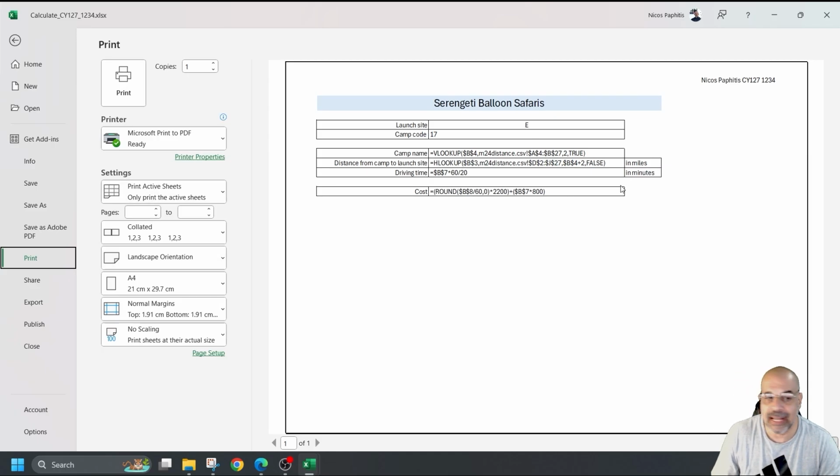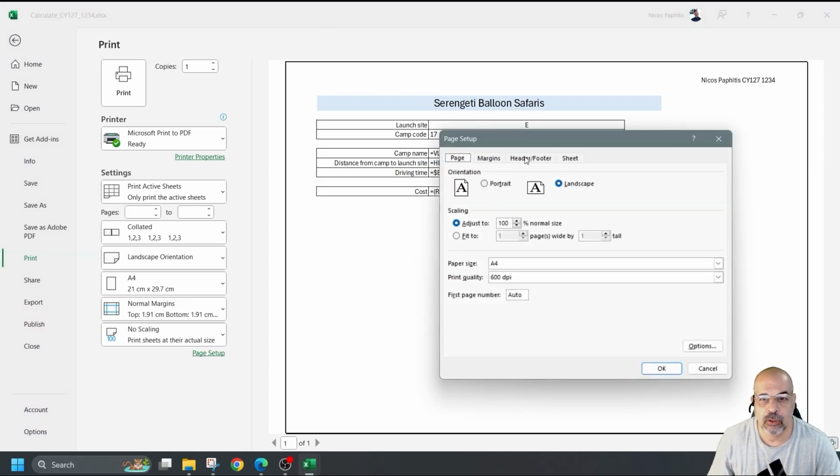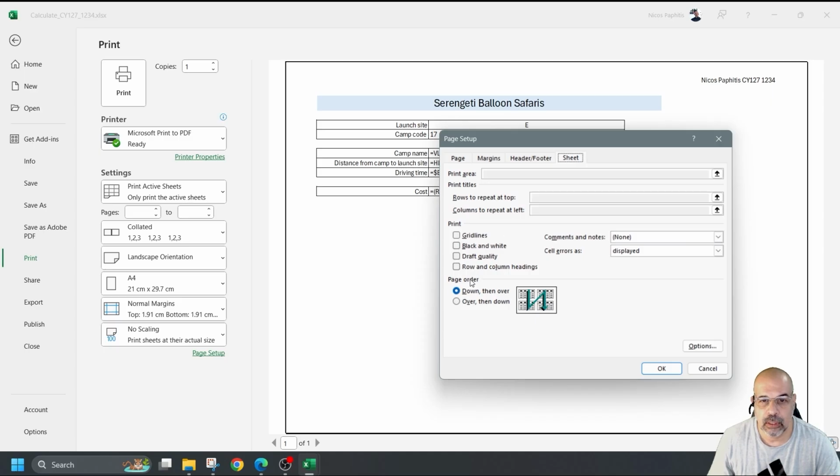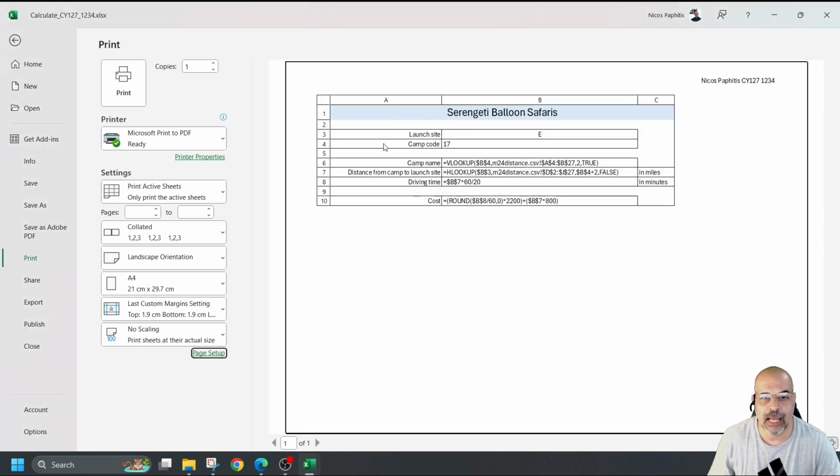Row and column headings are displayed. So I'm going to go to Page Setup, and I'm going to go to Sheet, Row and Column Headings. Now we can see the column letters and the row numbers, and the contents are visible. And I will click on Print, choose your appropriate printer, and click Print. Okay, the next one, it says,